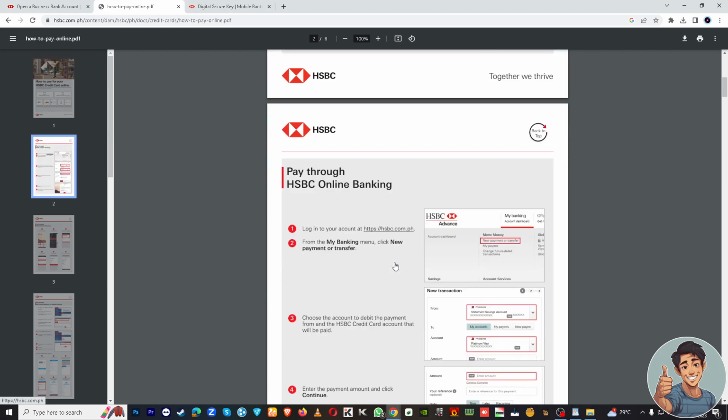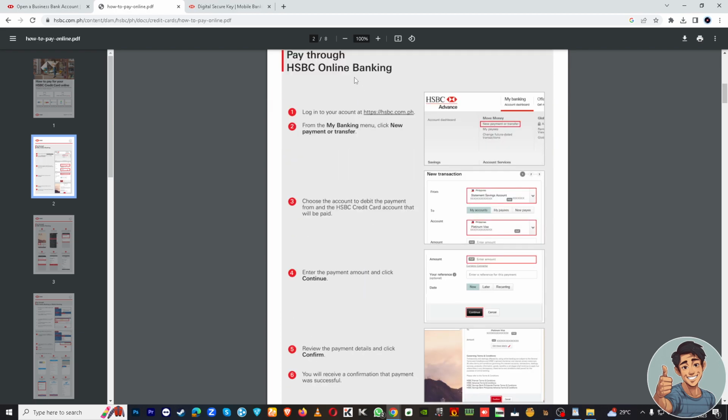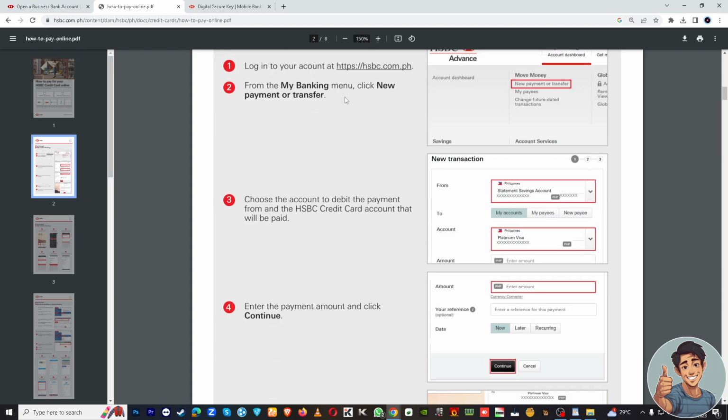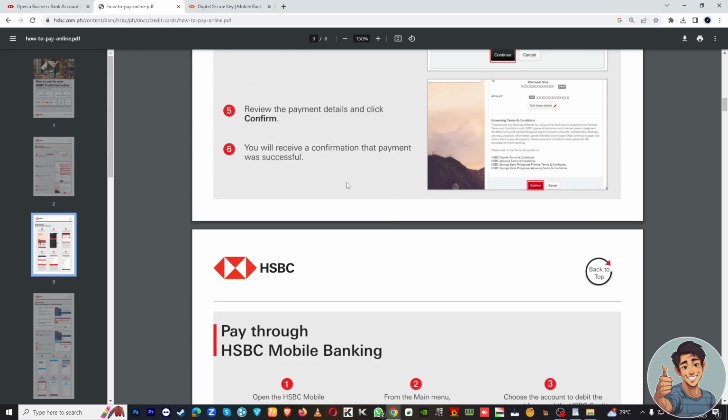So first off, if you wanna pay through HSBC online banking, you might wanna go and log into the website. And then from the My Bank menu, click the new payment or transfer right here. Okay, this one. And choose the account to debit the payment from and the HSBC credit card account that will be paid, right? And simply enter the payment amount and click continue. Review the payment details and click confirm. And you will receive a confirmation that payment